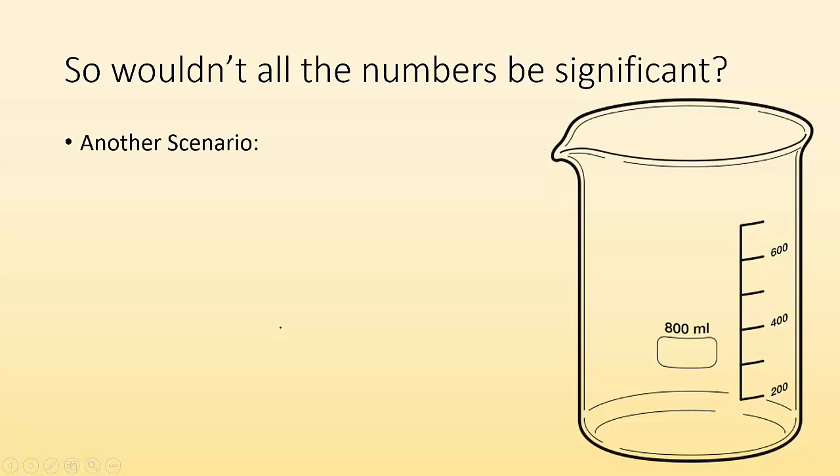Still no. So another scenario, let's say we had 350 milliliters and we were using this 800 milliliter beaker, and we had 350 milliliters, which would be like right here. So if it was filled up to about here, you go, hey, I can measure. Here's 100. Those are my calibration marks, and this would be 300. So my calibration marks would be to the hundreds place, which means my precision would be to the tens place,